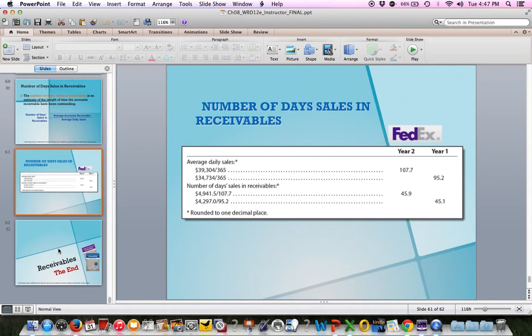And so you can see what my average daily sales are, and you can see the number of days sales in receivables has gone up a little bit between year 1 and year 2. And that is the end of